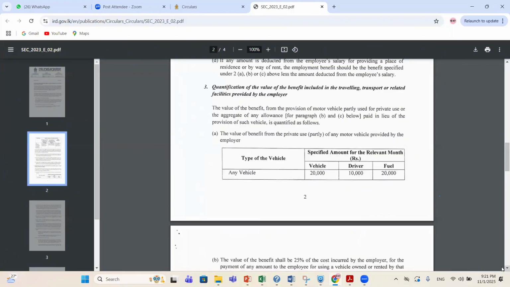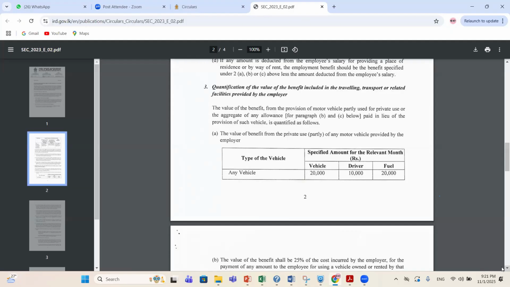The value of benefit from the provision of a motor vehicle partly used for private use, or the aggregate of any allowance. It includes the allowance as well. The aggregate of any allowance for paragraphs B and C below, paid in lieu of provision of such vehicle, is quantified as below.